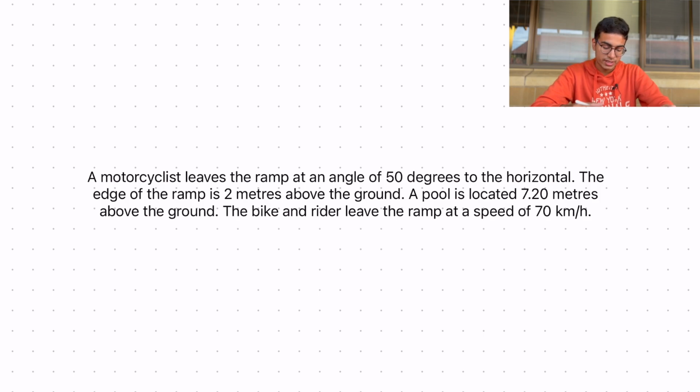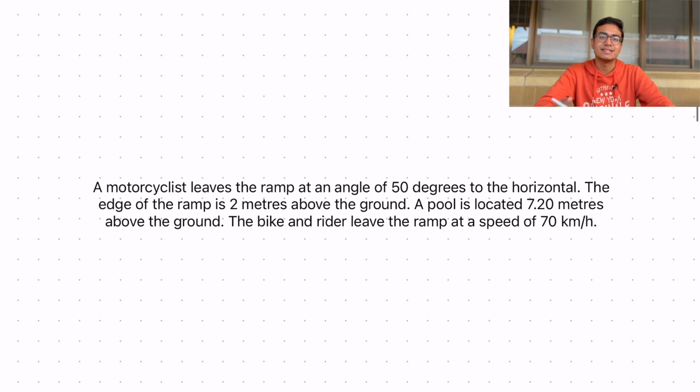It says a motorcyclist leaves the ramp at an angle of 50 degrees to the horizontal. The edge of the ramp is 2 meters above the ground, and a pool is located 7.2 meters above the ground. The bike and the rider leave the ramp at a speed of 70 kilometers per hour. Now, we can instantly see that there's a lot of information, and it's really hard to see what is going on. So what we'll do is what everyone should do at the start of any physics question, and that is